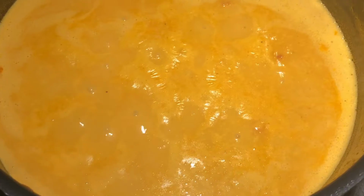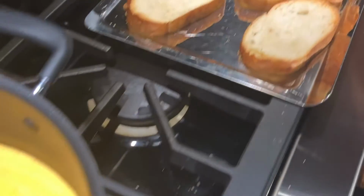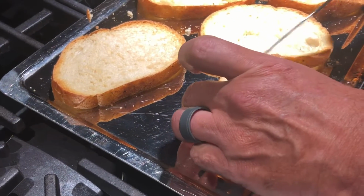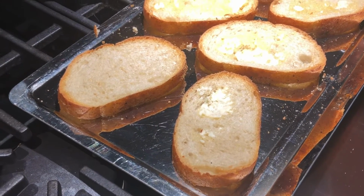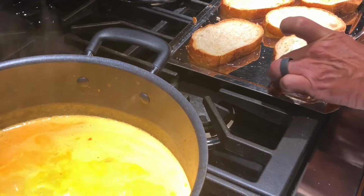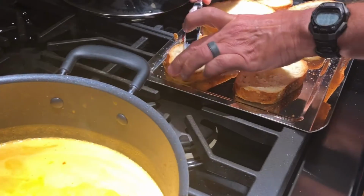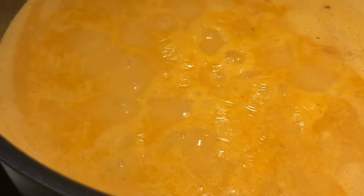As you can see, the bisque is simmering, ready to be spooned in. Although I will probably do a quick taste test in the pot, just to see if any more salt and or pepper, or maybe even a little bit of wine needs to be added in to kind of boost the taste a little bit. So I'll do that as soon as this bread is properly buttered. And then